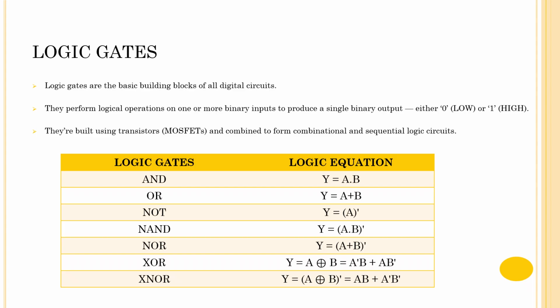Number one, AND gate, which gives 1 only when all inputs are 1. Second, OR gate, which gives 1 when any input is 1. Third is NOT gate, which simply inverts the input. NAND and NOR gates are also called universal gates because we can build any digital circuit using NAND or NOR gates. XOR gate gives output 1 only when inputs are different, and XNOR gate gives output 1 when inputs are